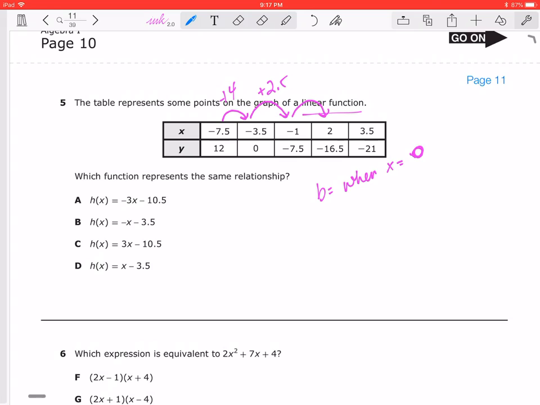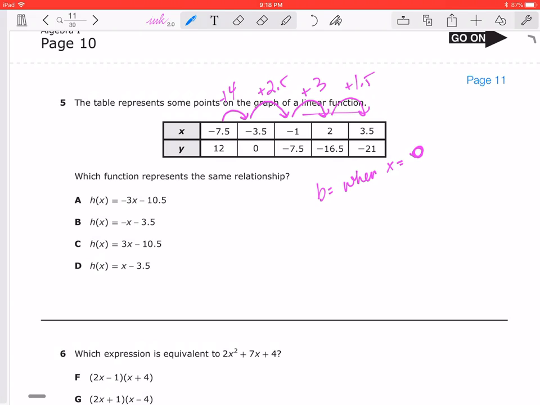And when I go from negative 1 to 2, so let's see, I'm adding 3. Yes, I'm adding 3. When I go from 2 to 3.5,